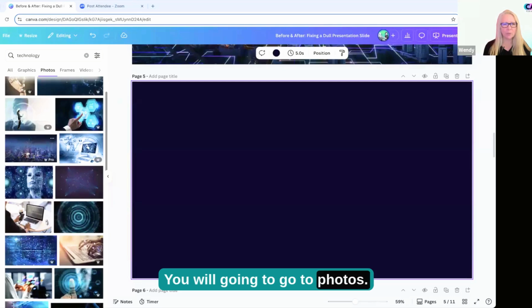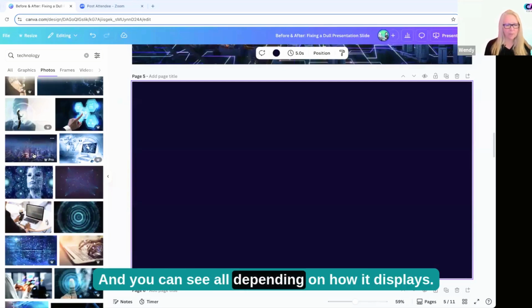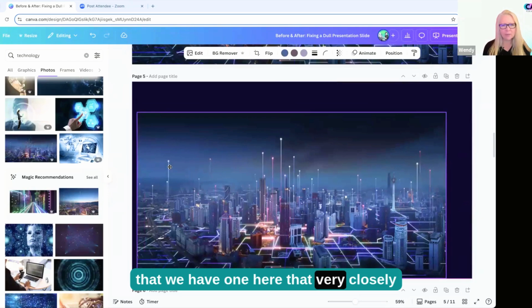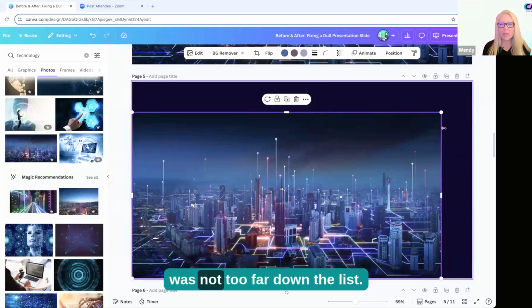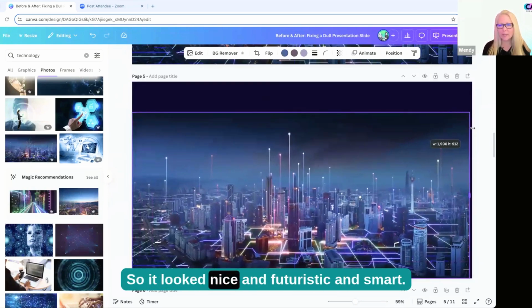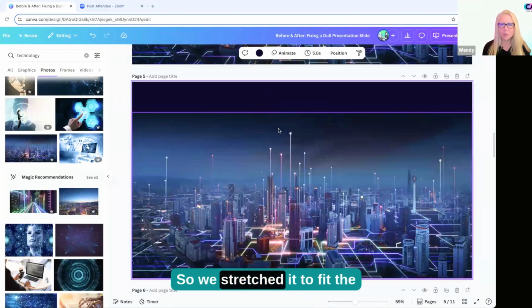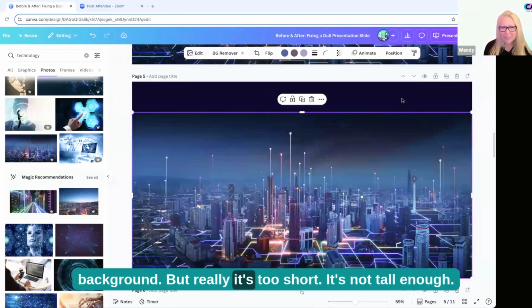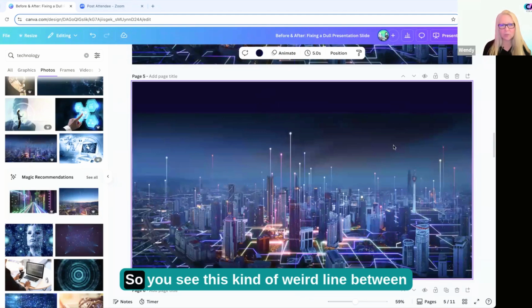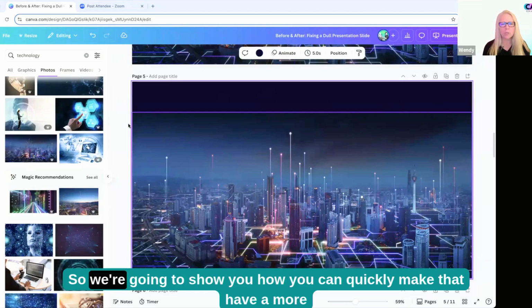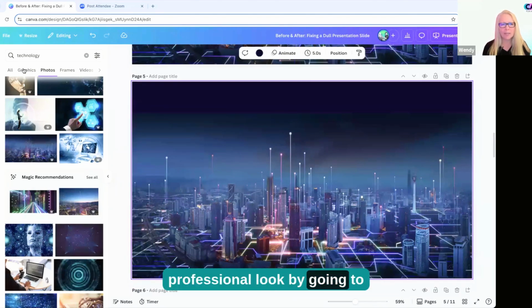You're going to go to Photos, and you can see all depending on how it displays, and you can see that we have one here that was not too far down the list, so it looked nice and futuristic and smart. So we stretched it to fit the background, but really it's too short. It's not tall enough. So you see this kind of weird line between them that doesn't look very polished and professional. So we're going to show you how you can quickly make that have a more professional look